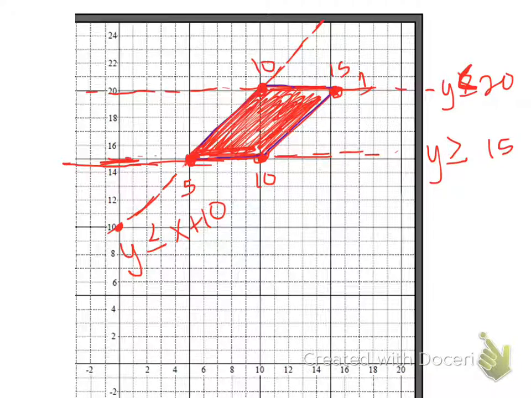The other way I could do it for this line right here, I could find 2 points, and if I find 2 points, how would I use my calculator to find the line? Stat. So we can use stat in our calculator. So in this case, I have the point 15, 20, and I have the point 10, 15. So I could put both of those in the stat edit in the calculator. So I'm going to do that. If I put those in stat edit, stat calc 4, enter, then my equation this time would be y is, now is this one going to be less than or greater than? This one's going to be greater than because it's shading above the line, so y is greater than or equal to